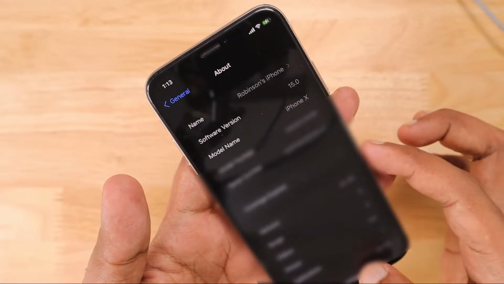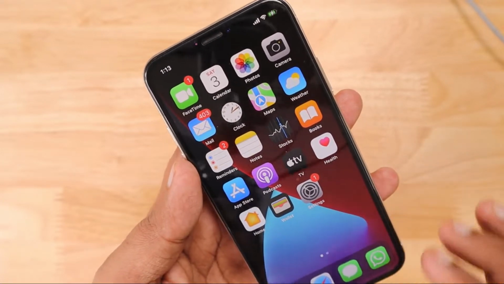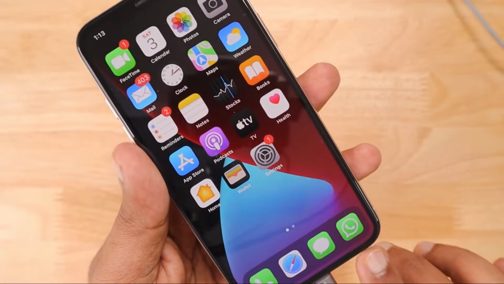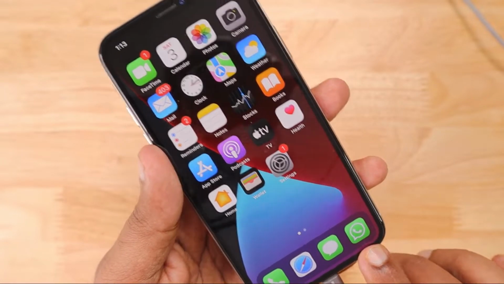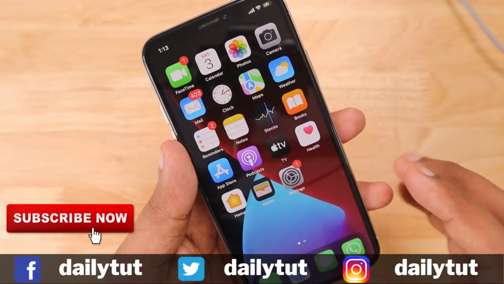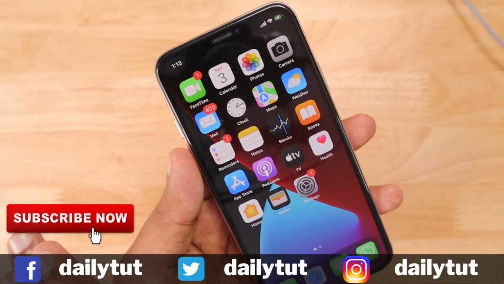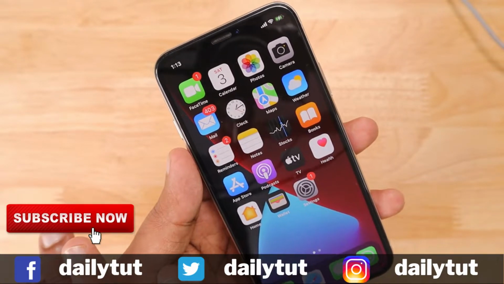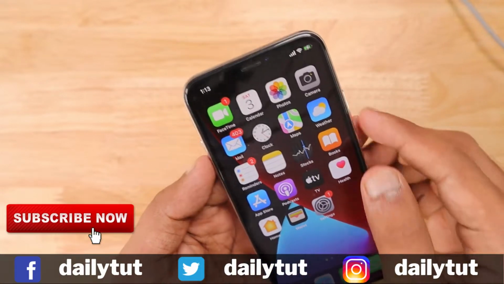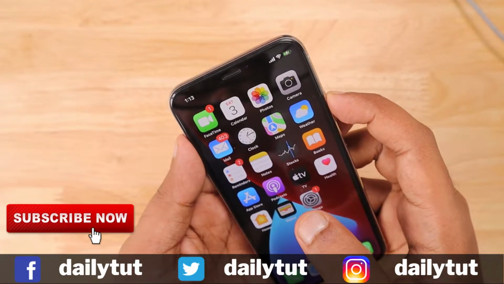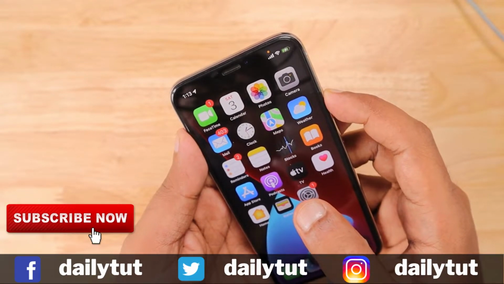Here we are going to use the iPhone 10 for this process, and as you can see it is running the iOS 15 public beta version, and I have only WhatsApp installed on this device. There is no other data, just stock applications present. After downgrading from iOS 15 public beta to the stable iOS 14.6 version, WhatsApp and the couple of messages I have shared inside should stay intact.